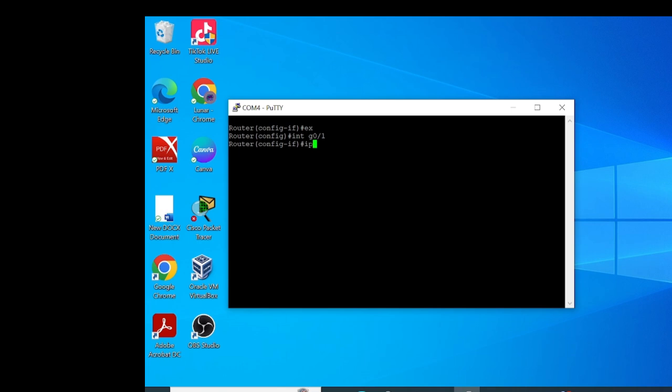You need to enter the port as specified, then enter the IP address for the router. It can be any address you choose, like this, and then enter the subnet mask and press enter.